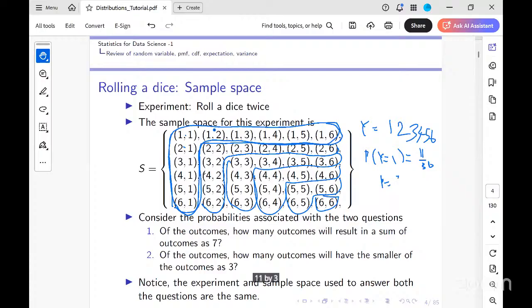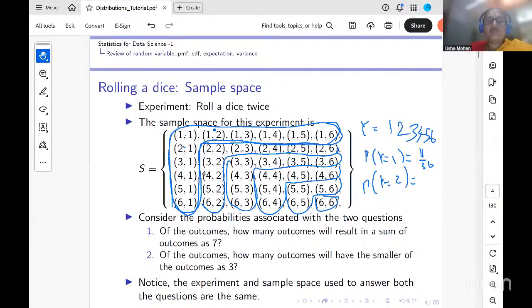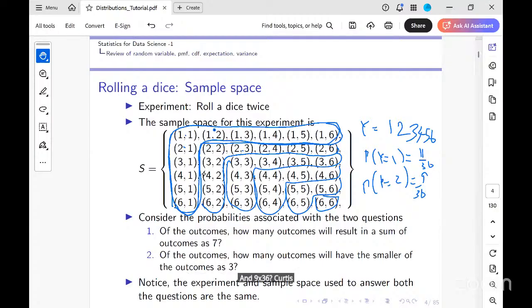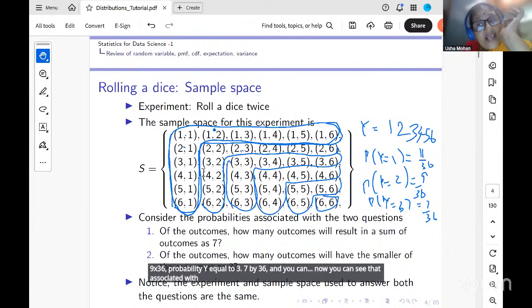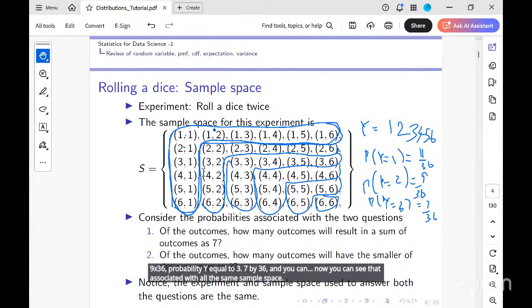Probability y equal to 2 is 9 by 36. Probability y equal to 3 is 7 by 36. You can see that on the same sample space, I have defined two random